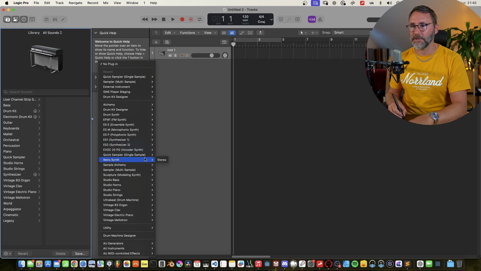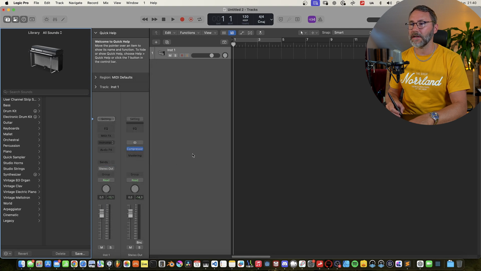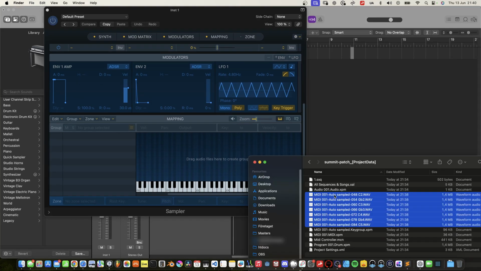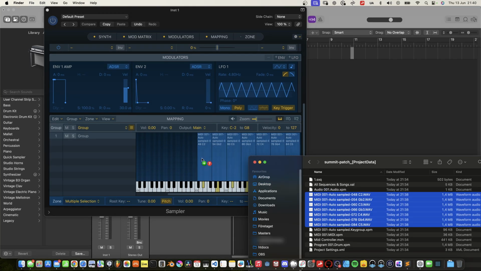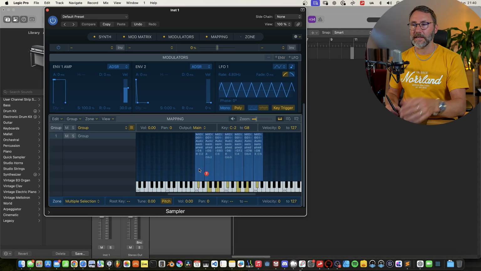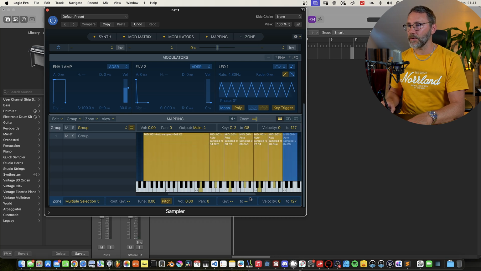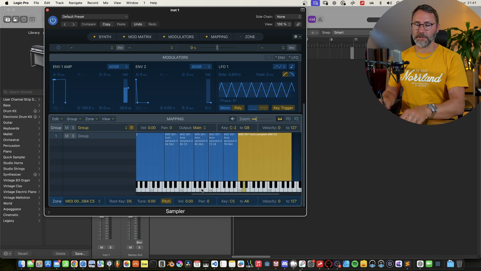Right, so let's try the same samples in Logic Sampler. Let's go into Logic and we load up the sampler multi-sample stereo. And head over to the mappings and drag in our samples. Here we can drag up and down to make them cover more or less keys. So we need to make sure that this starts at C2 and the next sample at F sharp. And then we can also extend this downwards and the top sample upwards.